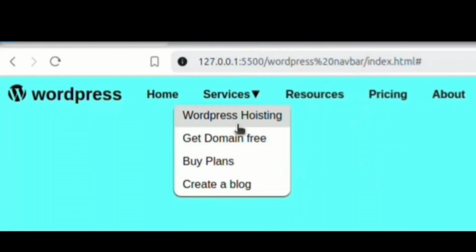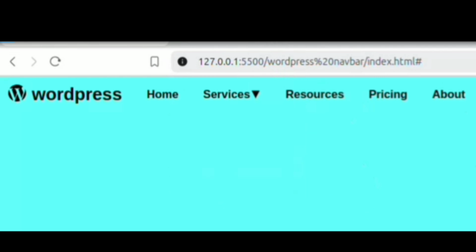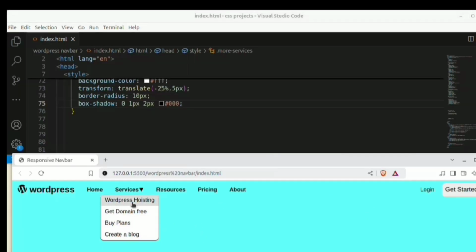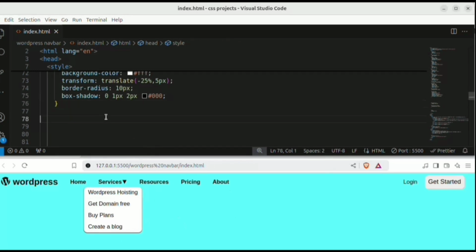It seems difficult to build this hovering drop-down navigation menu with just HTML and CSS, but it is not. Let me show you. I assume that you can build this navigation menu, then move on to the drop-down menu